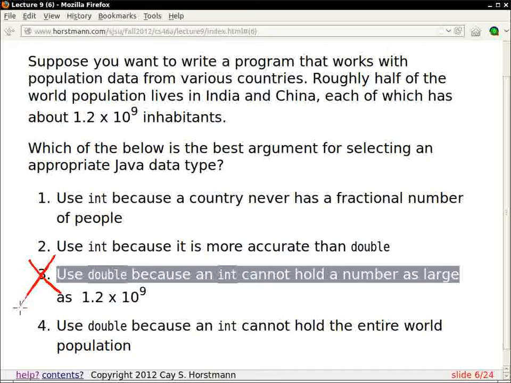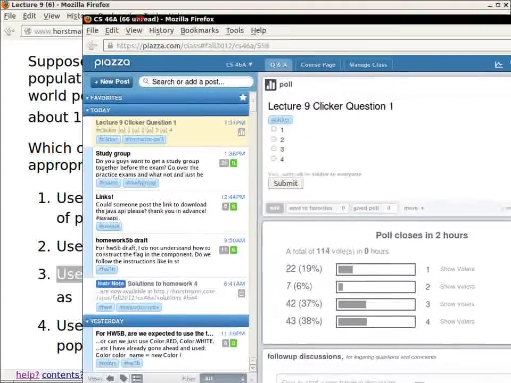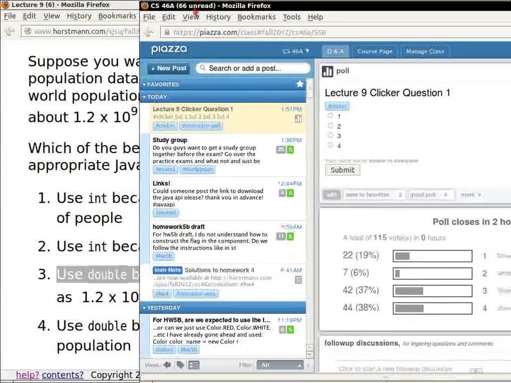And so there's no one right answer to this question. It really depends on what you want to do with the data. If all you want to do is look at individual countries, you could choose 1 or 2, and you can feel smug. If on the other hand you say, well, surely one wanted to compute an average, then 4 would have been a better answer. So there is no one right answer, and so there's only one really wrong answer that sadly was picked by 37% of the people. Oh, now it's 36%. What happened? So ponder that.